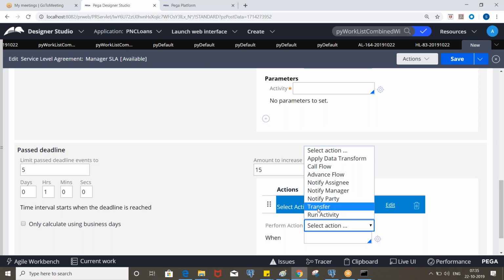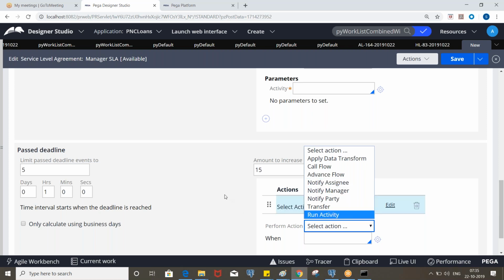Mostly we use these two options, and generally we don't advance it, but for interviews it is important. Sometimes they will ask: I defined this time and the user did not take any action on that, so I want to treat it as auto approve. How do you configure that? You need to say that in the corresponding interval we configure the advance flow option, and we need to put the particular flow action.